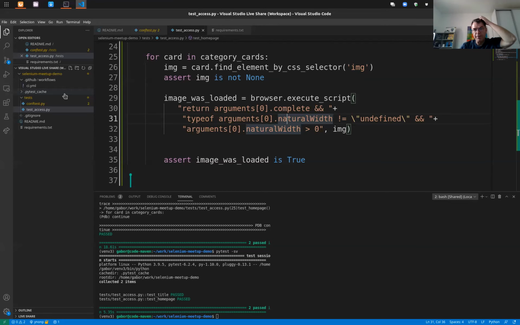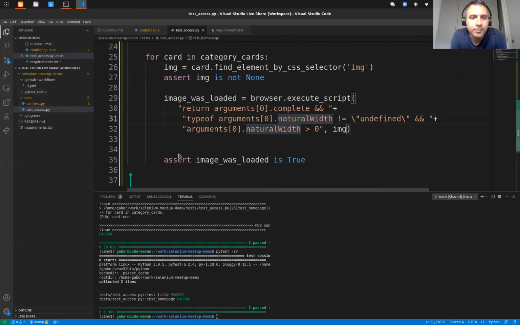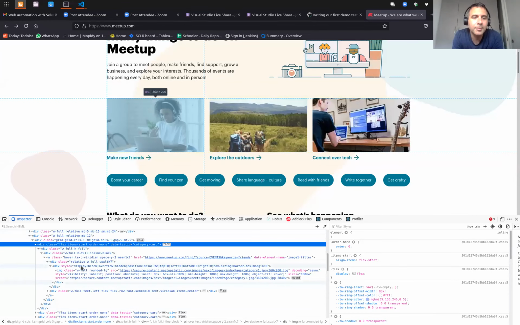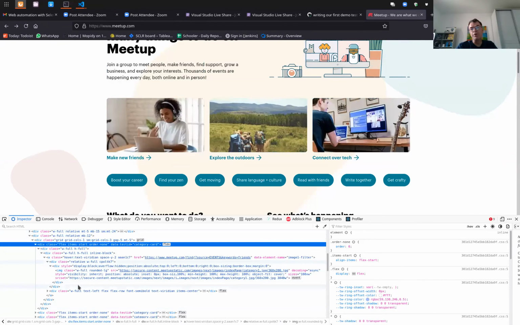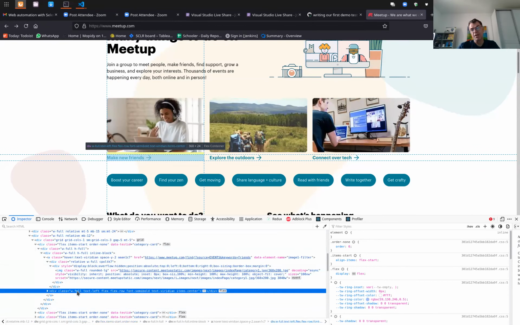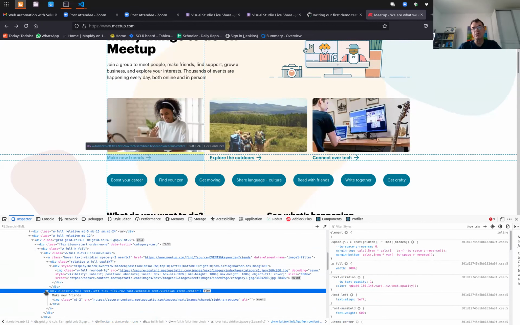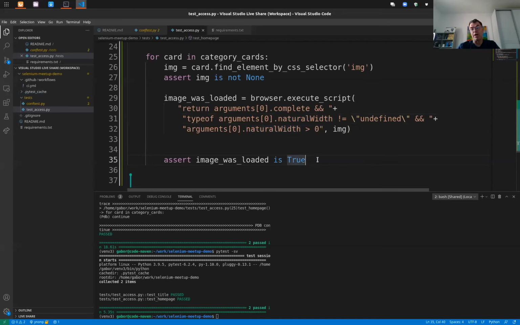Okay. Can we have some name of this category or the URL of the image? What do you want to test about it? I don't want to test it, but I would want to print it when it fails. So now it will just say true is not false is not true if it fails. And I would be happier if the test actually prints out which image failed.